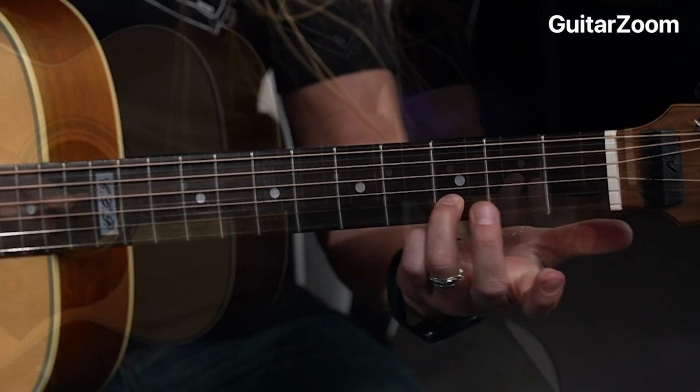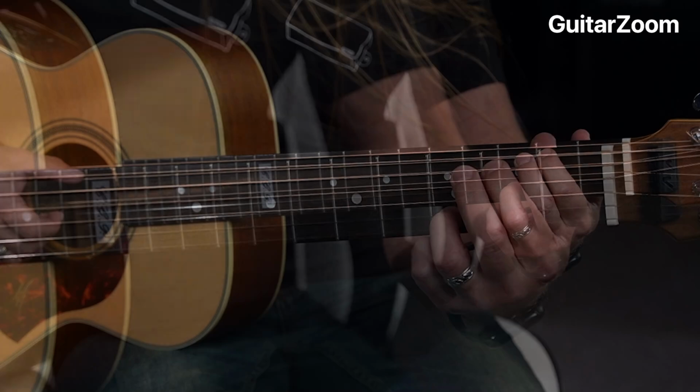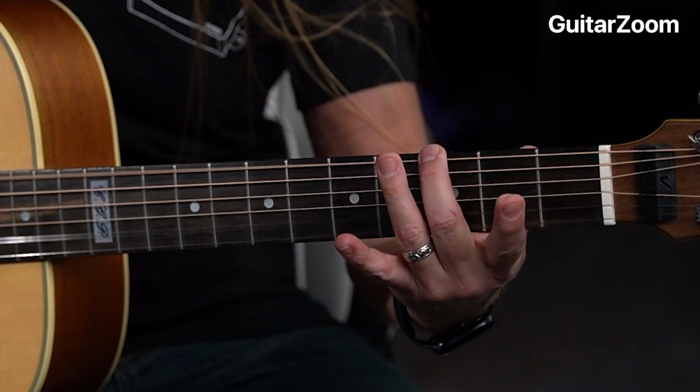Then we're going to go to this right here, which could be looked at as the middle of a G chord or a C with B in the bass, whatever you want to look at it as. So what we're doing there is we're going to go to the 3rd fret of the 2nd string and the 2nd fret of the 5th string. We're going to pluck those two together. So we have...